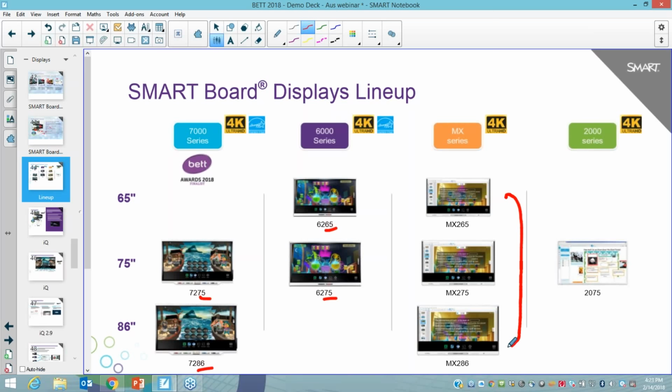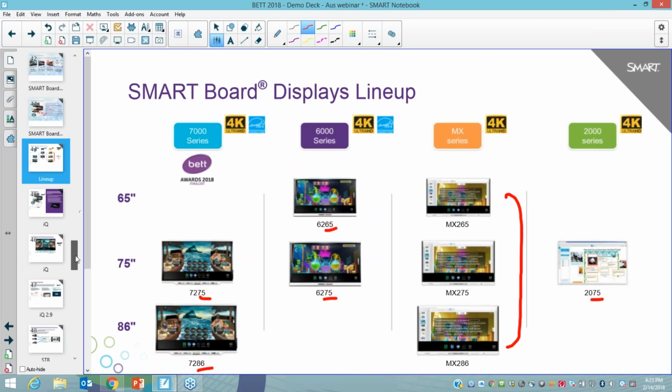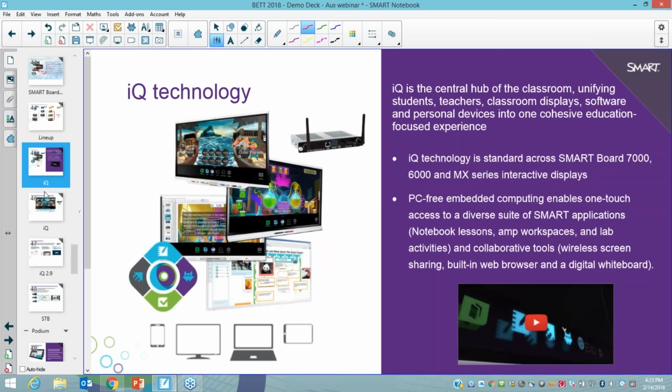We've seen some updates to the IQ technology and the IQ functionality that exists within smartboards. So this allows for that PC-free access to smart tools and some of the applications, and actually allows for things like wireless screen sharing and input selection, particularly on the 7000 series. The new update to the IQ actually allows things like exporting PDFs to a USB